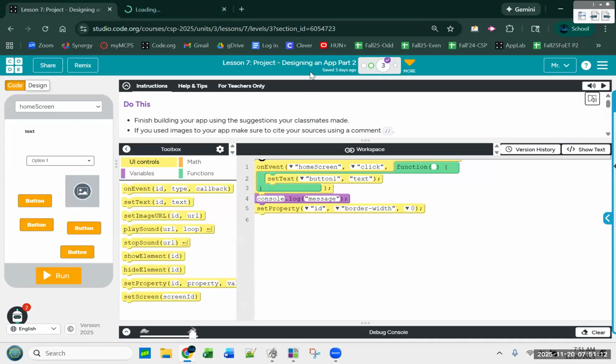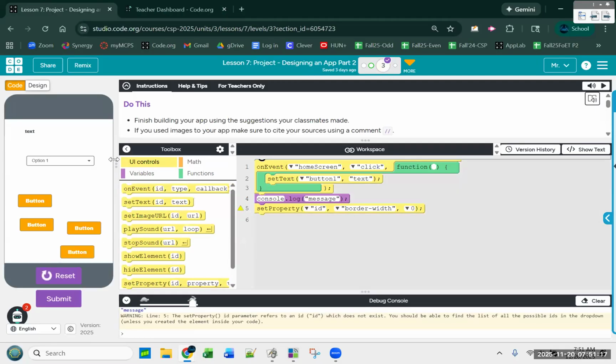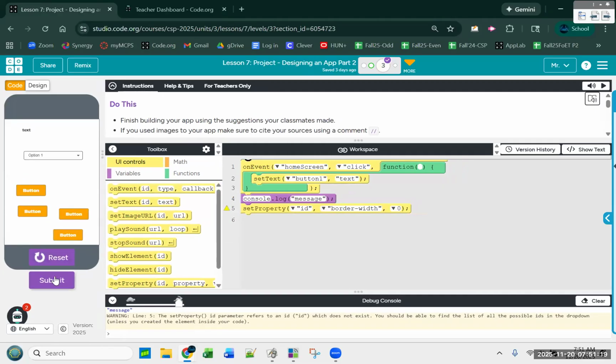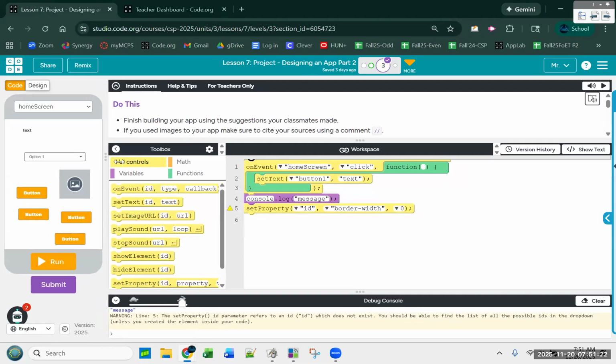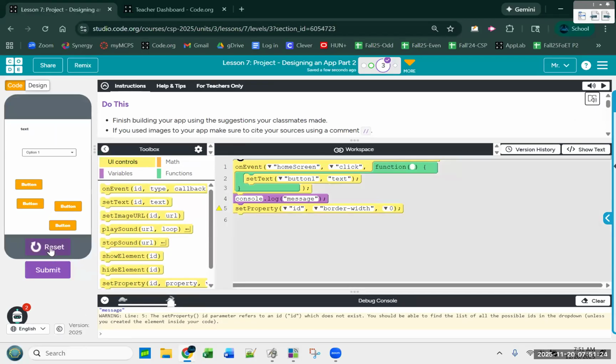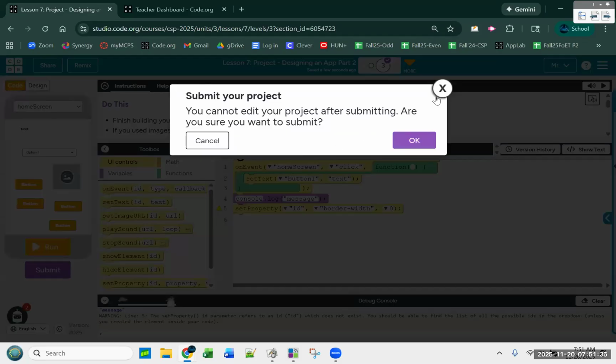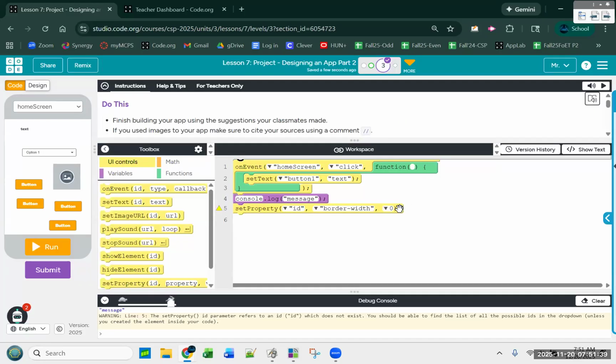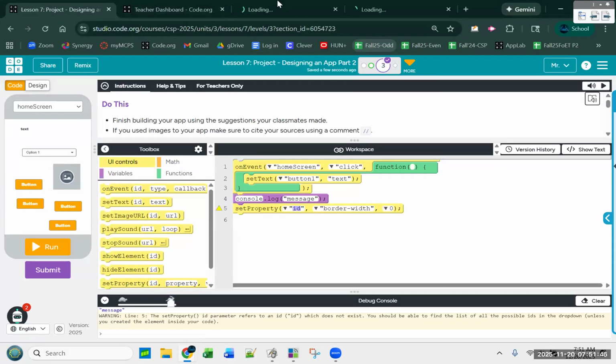Once you get it working, just a quick reminder: you never have to hit submit. I'm actually not sure why it's there. Perhaps some teachers say they'll only grade it once you hit submit. I grade it on the grading day, whatever's there. It doesn't matter if you hit submit or not. In fact, I think you can unsubmit. Regardless, there is an end of unit survey, but that's not your main concern after you're done